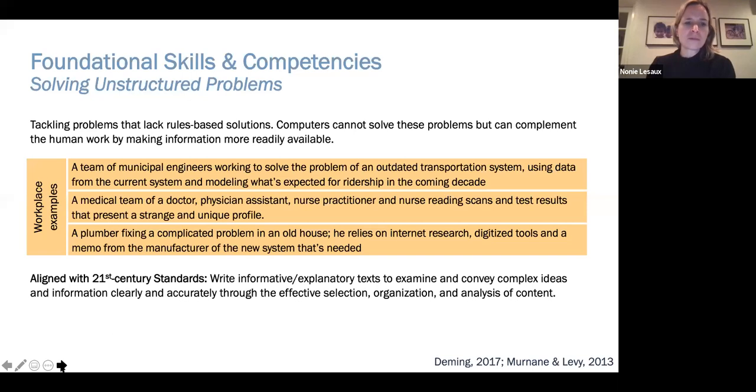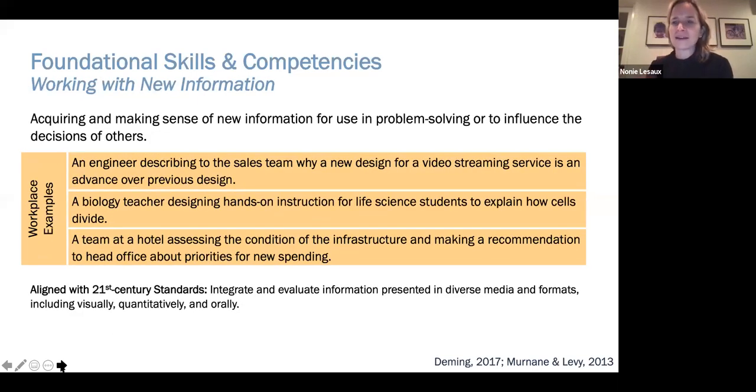On the working with new information front, the same idea is true here again, that we're constantly looking to integrate and evaluate information that is often presented in various media and formats that could be visual, it could be quantitative, it could be oral. We're using all kinds of information. In fact, of course, one of the challenges today is to sort through information, degrees of confidence around the sources, et cetera, right? And to drive into problem solving,